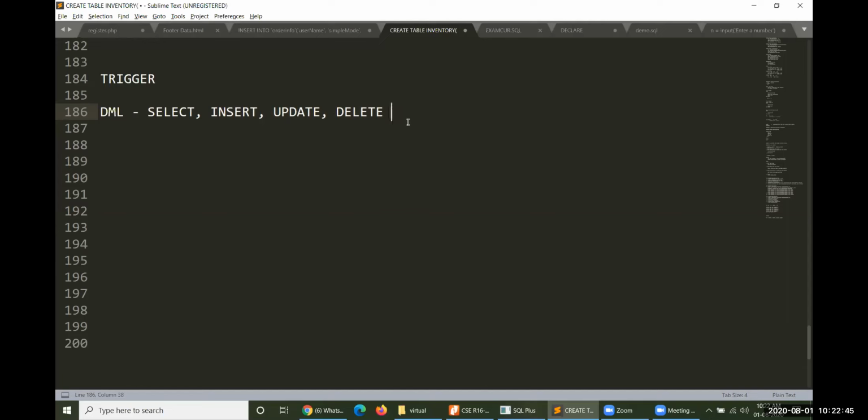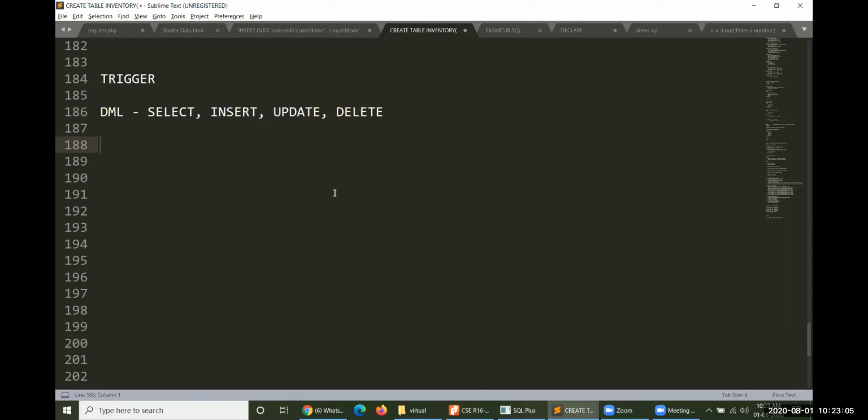So how can you create a trigger? A trigger has only one statement, that is creation. Once you create a trigger in a proper way, there is no need to execute it, as with a cursor, any number of times.